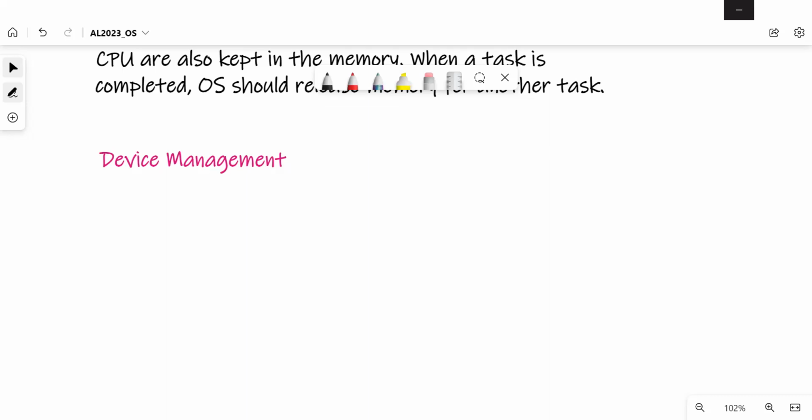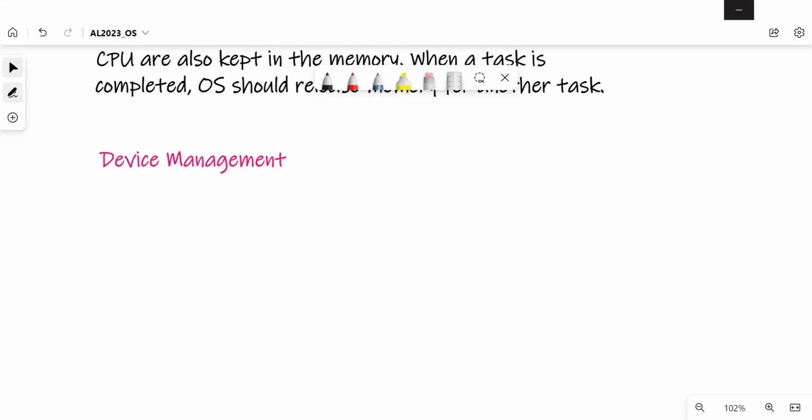And when you work with devices, you have to have special software to work with the device. For example, when you take a printer, first of all, you have to install some software to communicate with the printer. Usually we use the term device driver.